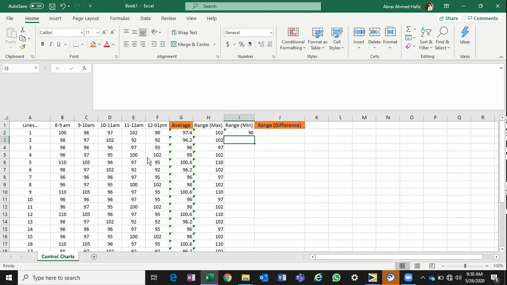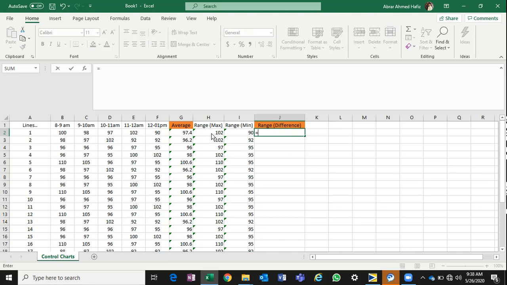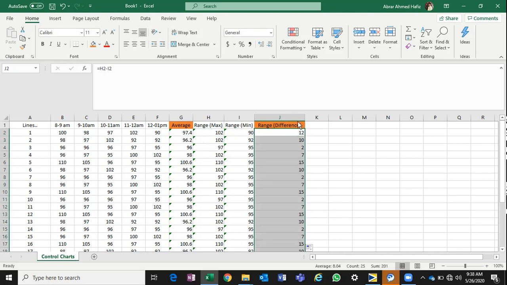So the minimum is 90, I'm just double checking it. You can drag and drop. The difference between max and min is the range, so 102 minus 90 is 12. Like this you can find all these values.